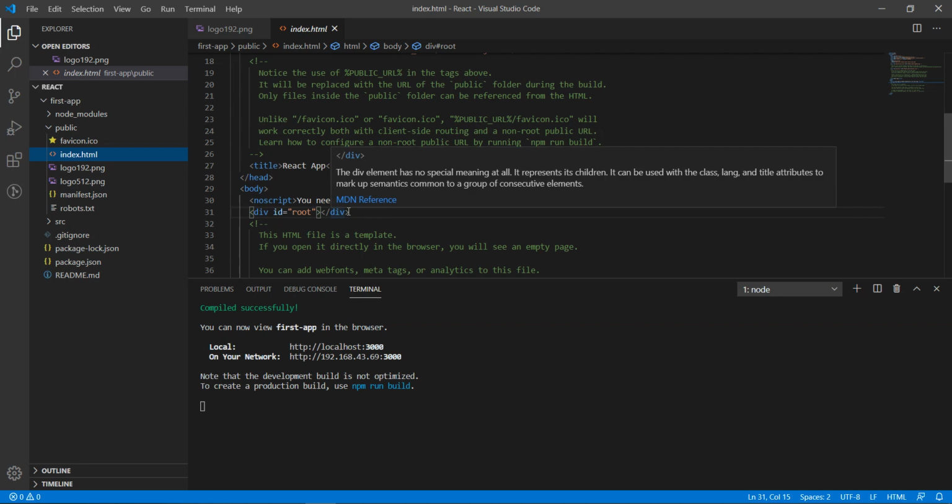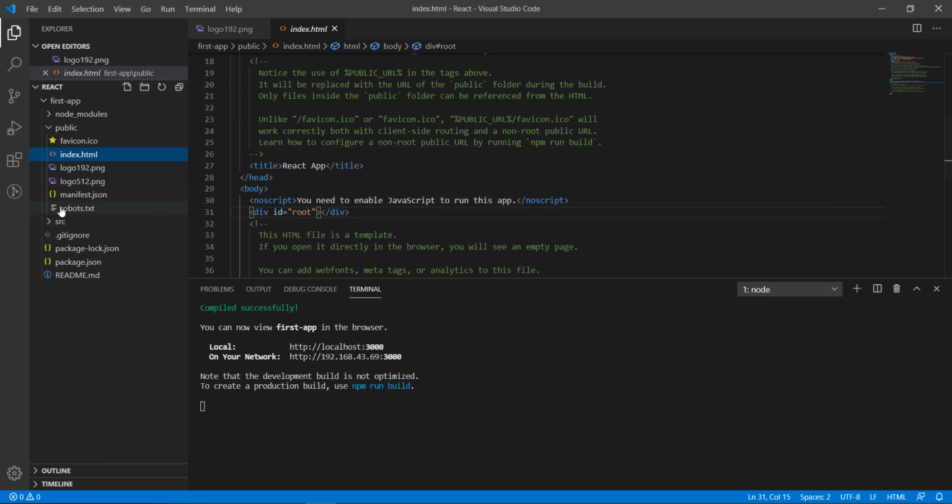Create React App will automatically append the bundle.js into the index.html to serve the application. This public folder also has other assets such as robots.txt, images and icons, favicons and other things.